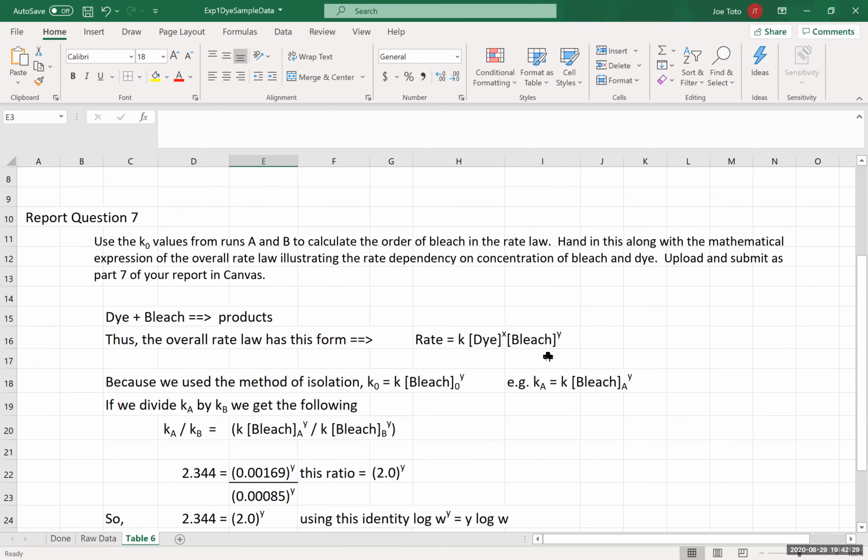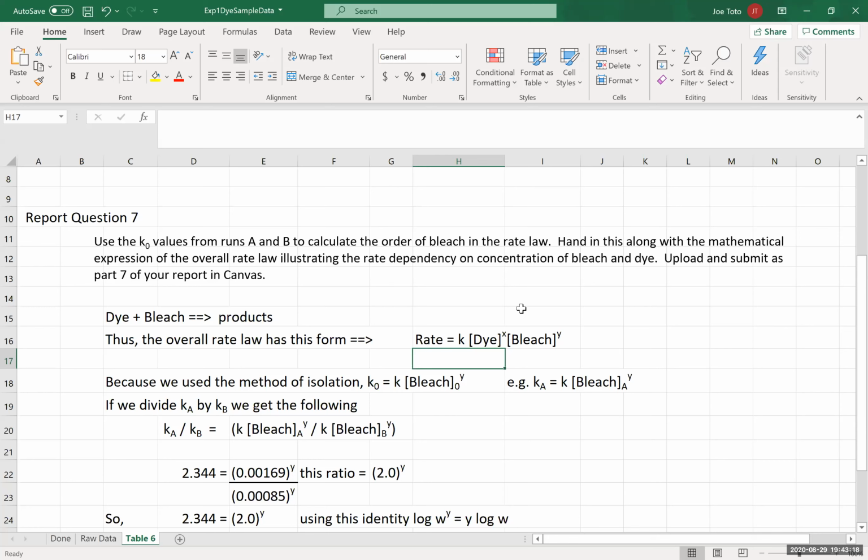Now, question 7 uses the information in table 6 to not only calculate the power dependence of bleach on the rate, but also give the overall rate law. So if we look back at the reaction that you performed, you took dye and you added the bleach and it gave you some product. So we know as soon as we see that, the form of the rate law is going to look something like this, where the rate equals K times the concentration of dye to the X, which we now know is first order because of its association with the integrated rate law for first order, and using the graphical method,